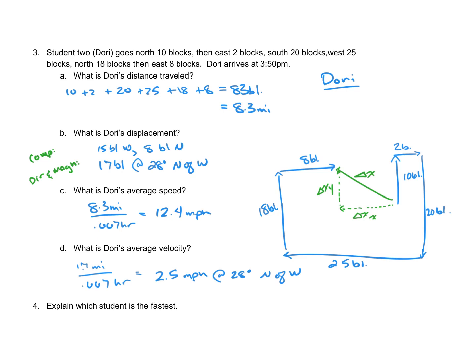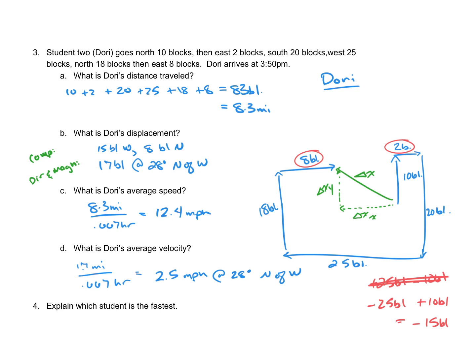If you look at the components in the x direction, you have a plus 25 block, and you have a minus 10 block. So these two are the minus 10s. Oh, we should do that the other way. So we actually have a negative 25 block and a plus 10 block. So the resultant vector would be a negative 15 blocks in the x direction, which is comparable to